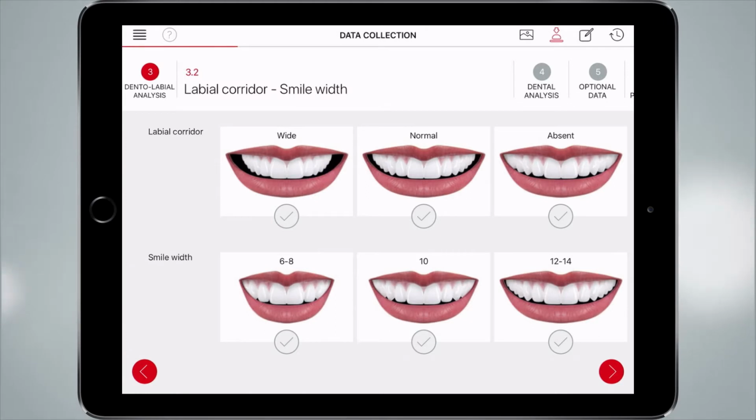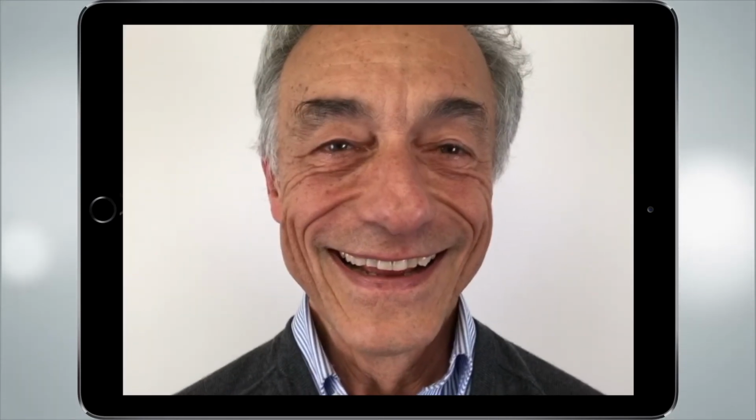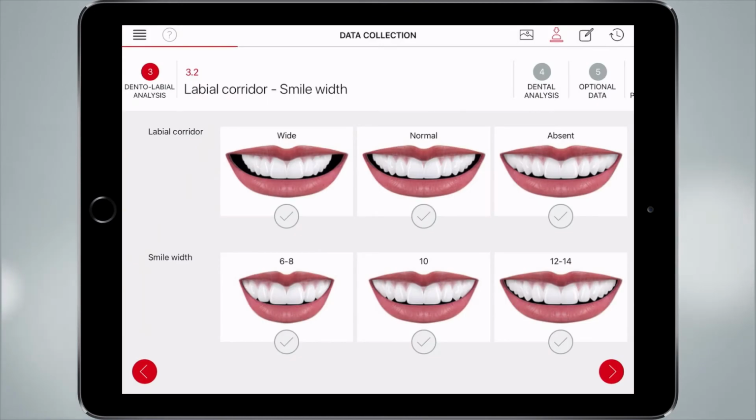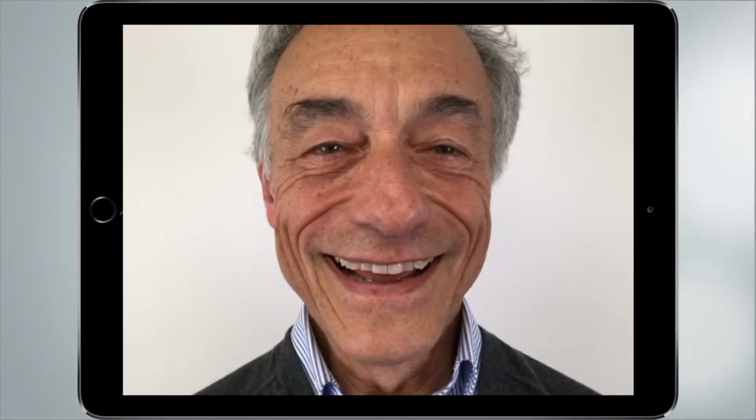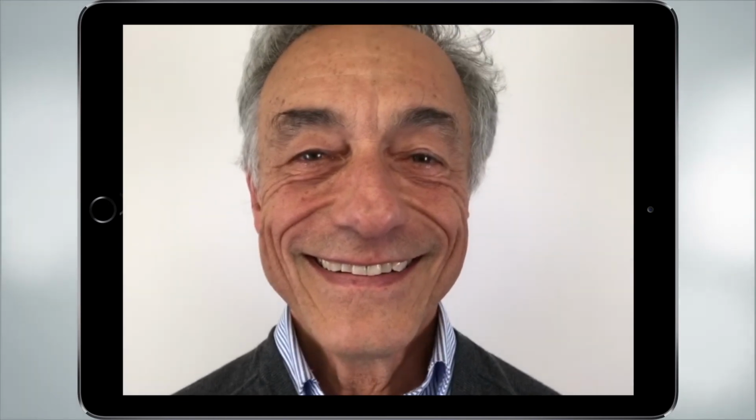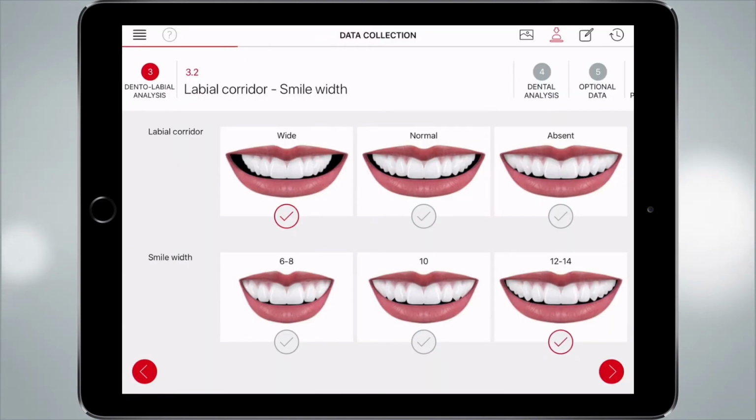Labial corridor is the bilateral negative space between the cheeks, lips and teeth. And you see that in this case it is quite wide, so we put wide. At the same time, we have the situation of smile width. We see up to 12 or even 14 teeth. And we can push this button here. So now we go from 3.2 to